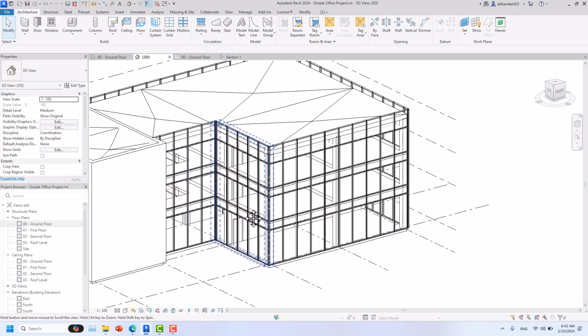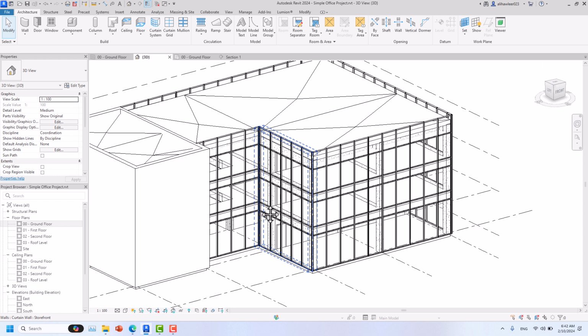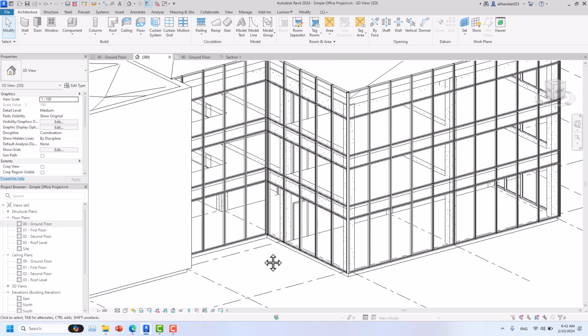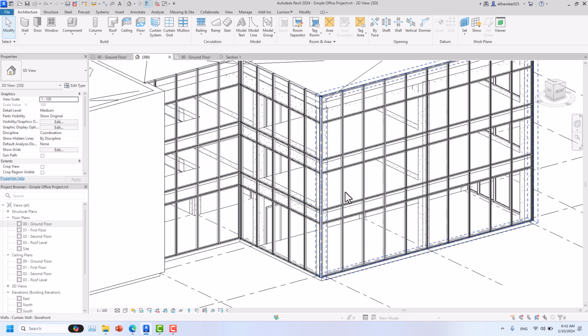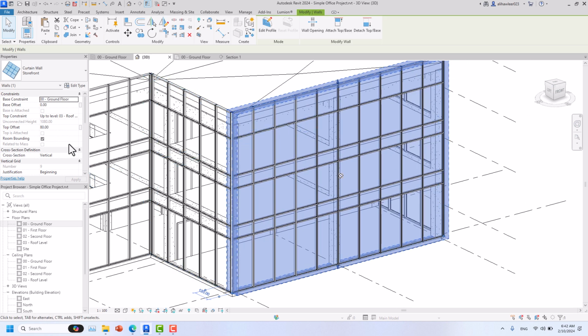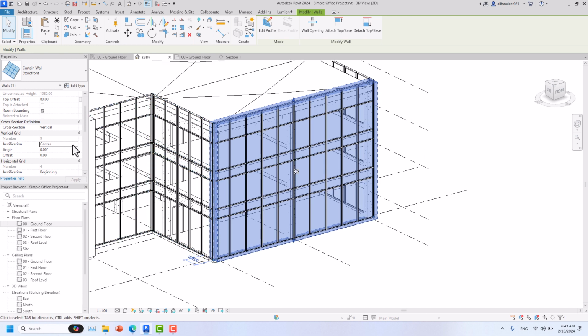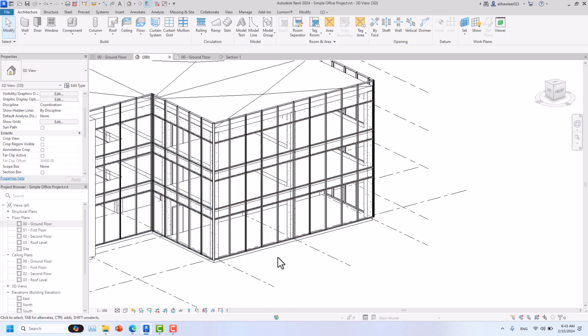Very good. I would like to see it in a render mode, but not now. Another thing that I want to show you is that, for example, I'll select this and I have some justifications like from the vertical grid. I can change it from beginning to the end, and let me apply it and center it. You might notice that nothing changed